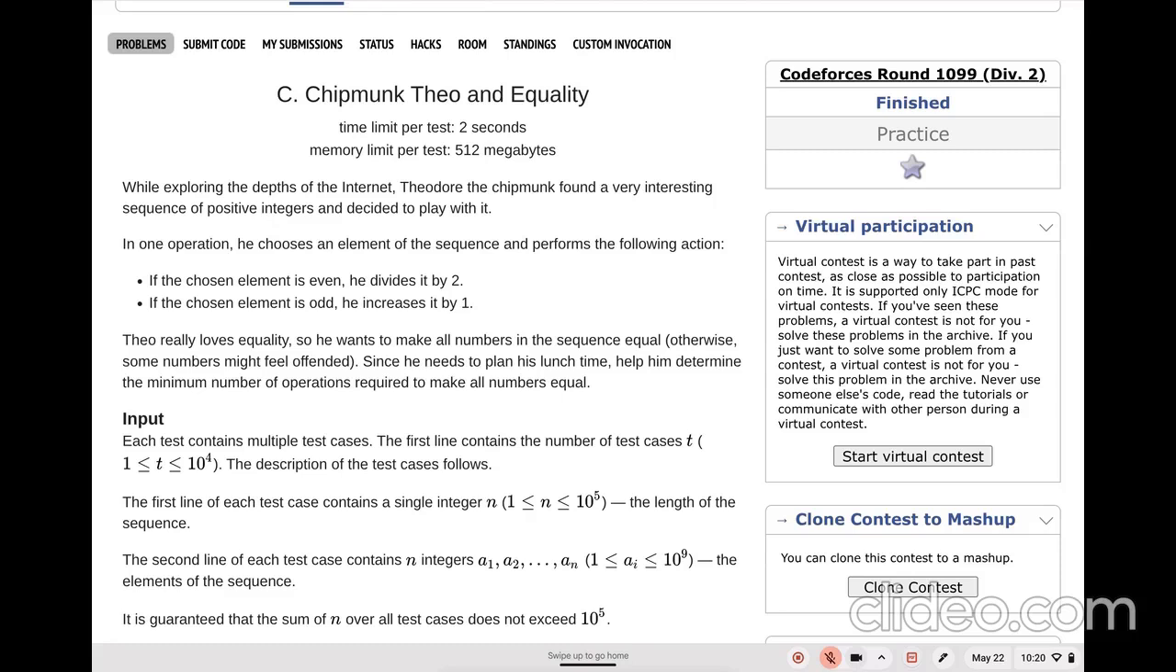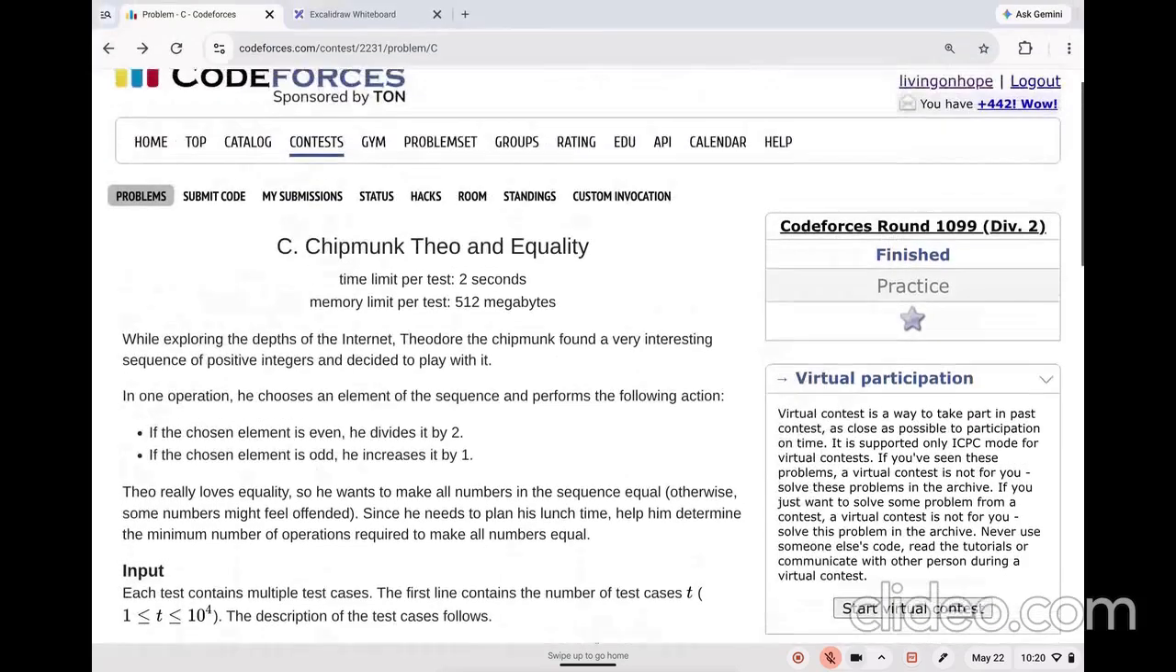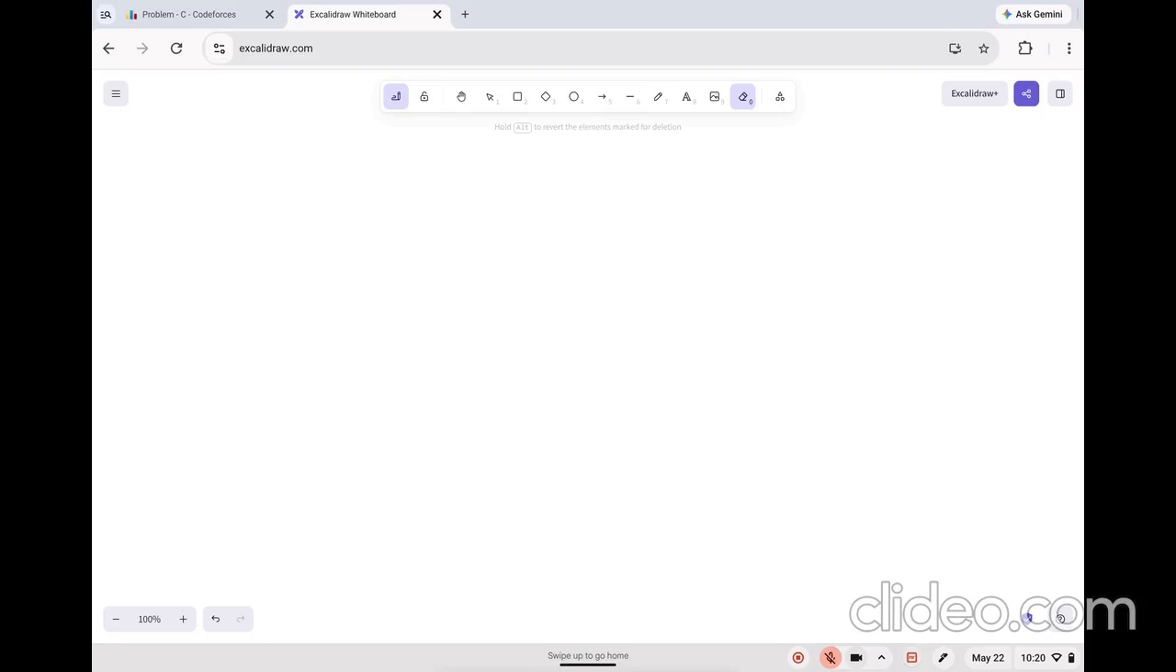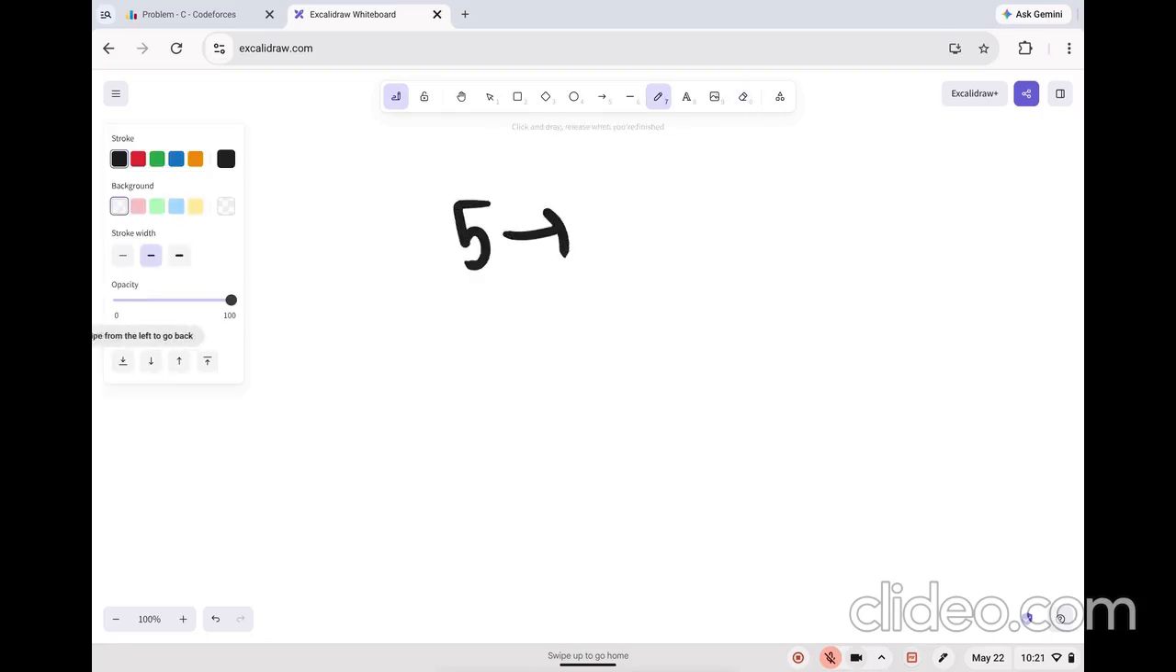In one operation, he chooses an element of the sequence and performs the following action. If the chosen element is even, he can simply divide it by 2, and if it is odd, first he will increase it by 2, and then the sequence has an even number again. Let's say he had a 5, right? If he had a 5, he will convert this into 6 first,